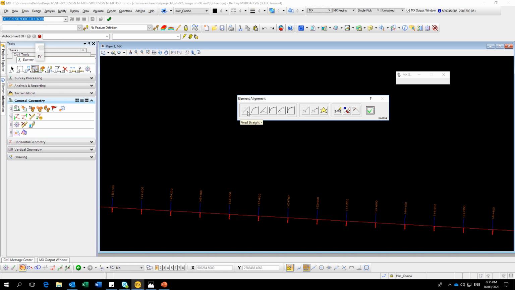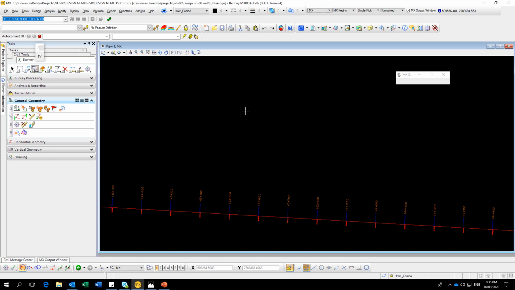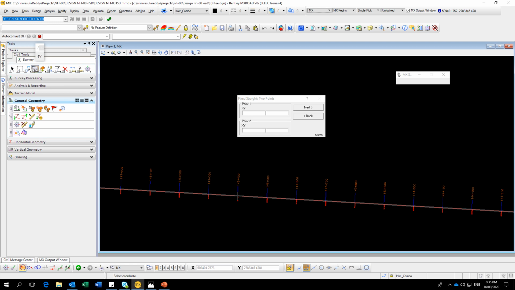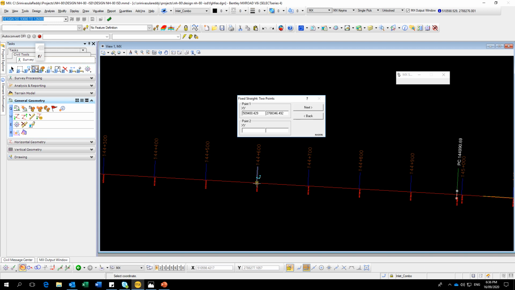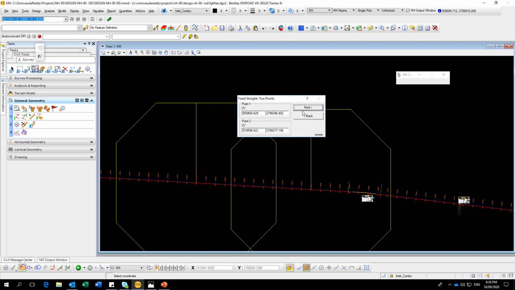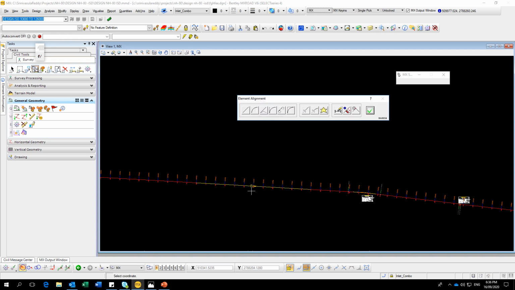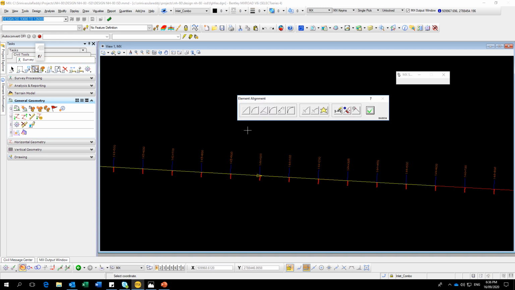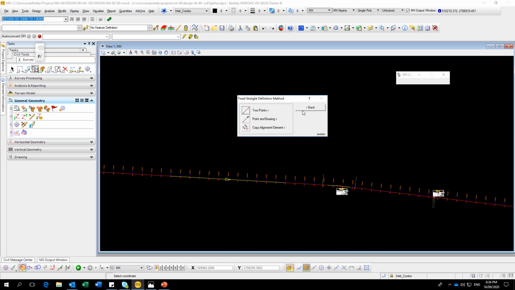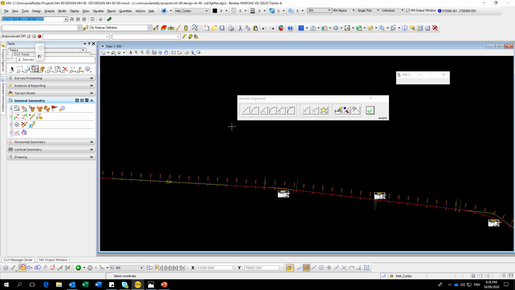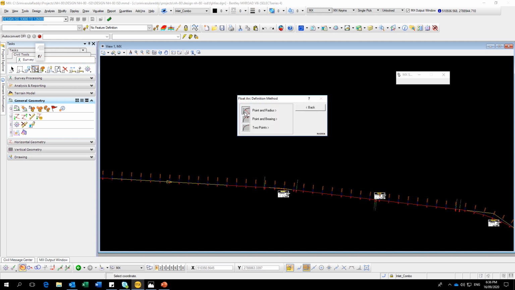Let's start with the fixed straight, because if you have two points, from here to here, some existing center line is there, and you know where exactly it matches. The straight portion will highlight with yellow color. So this is an entirely independent element. That's why it is a fixed straight. Now you can use this option because it will create an arc from the straight. So let's go point and radius.